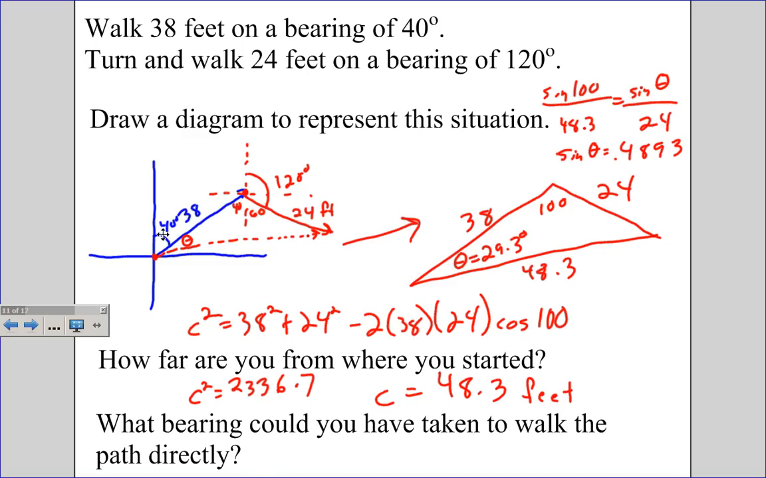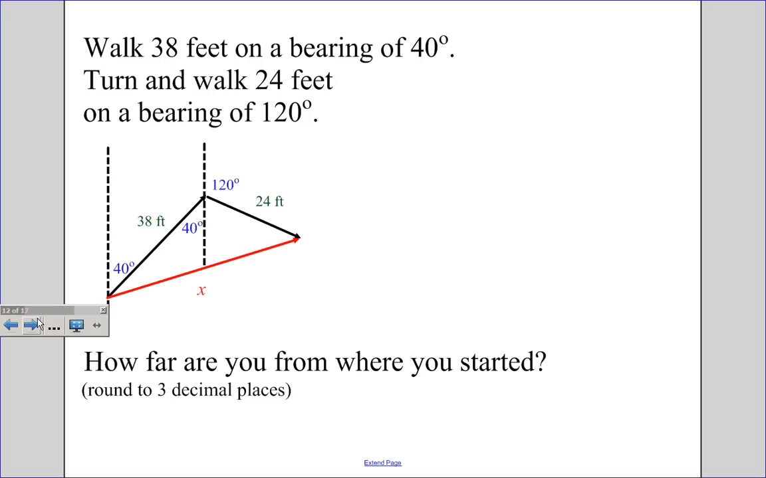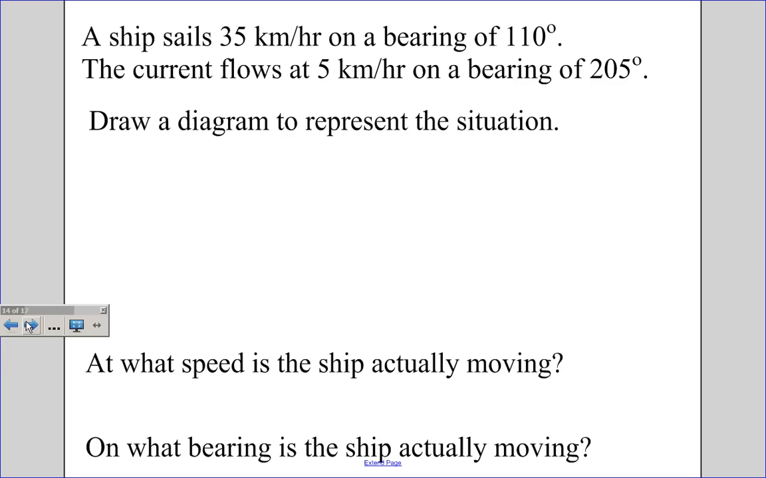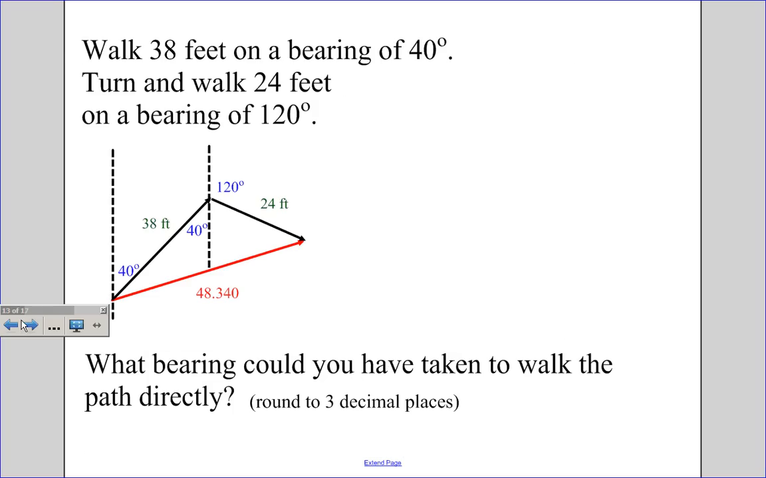So if I want to find the bearing, I take 40 plus 29.3, or 69.3 degrees is the bearing they could have taken in order to walk to that point directly. It's kind of a tricky problem. Oh, I forgot I went through this slower. Alright, now